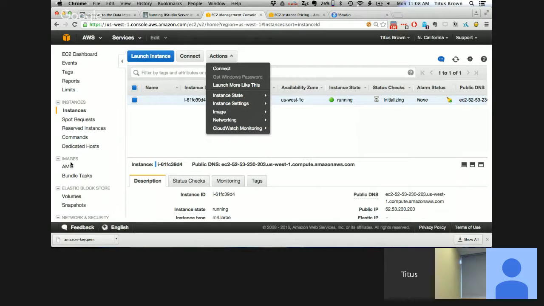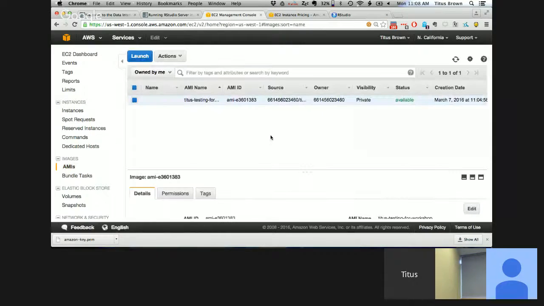And then we can launch that with any number of cores and memory. Yeah. So actually, I'm going to show you this. You don't need to do this unless you want to follow along. It gets confusing once you have multiple machines, but my AMI is now available, and I can select it, and I can click on Launch,